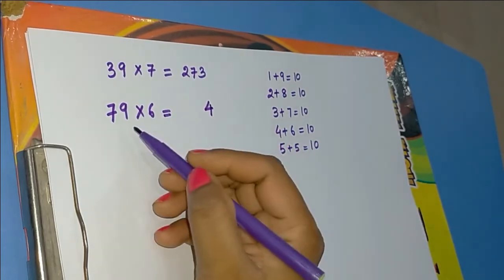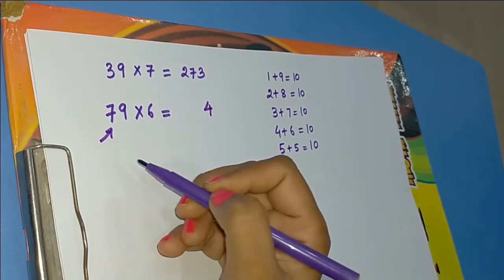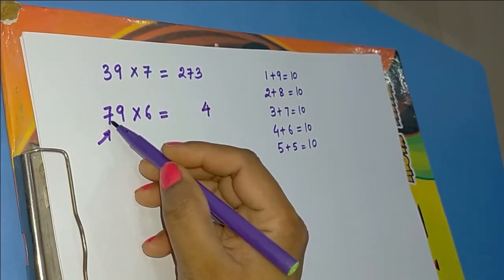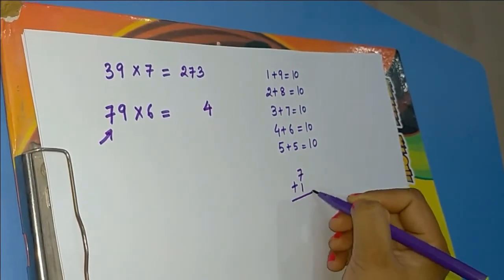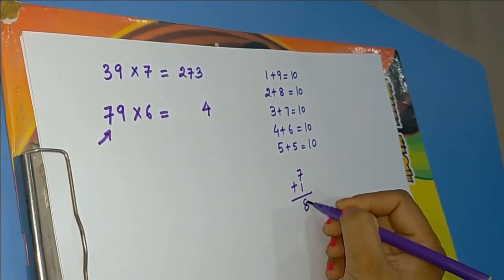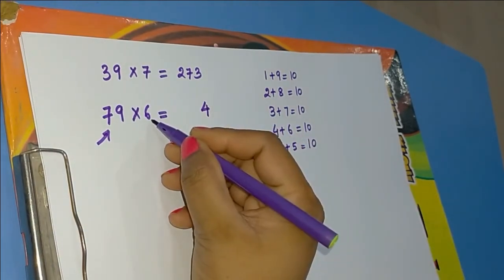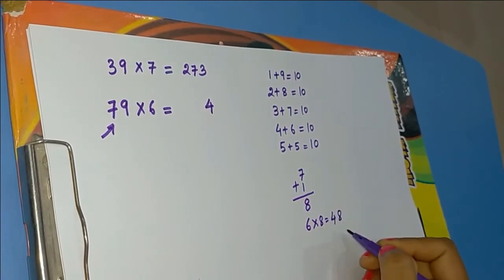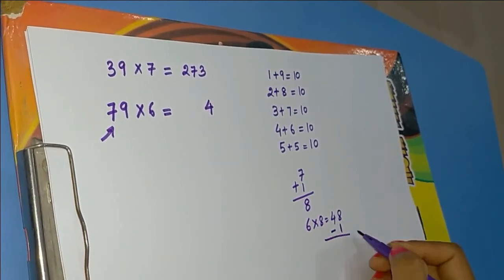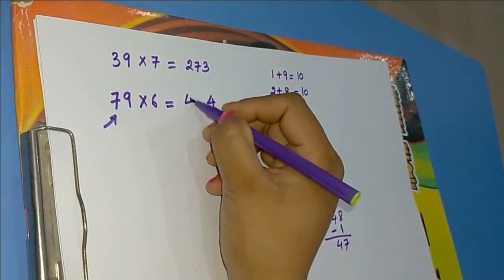Now what we need to do? We need to come to this tens place value. Here we have 7. So simply we need to add 1 to this tens place value, that is 7 plus 1, that is 8. And now we need to multiply this 8 with this 6. 8 cross 6 is 48. And now we need to subtract 1 from here. So here we get 47. So here we have the answer